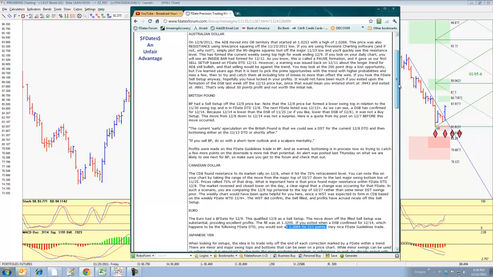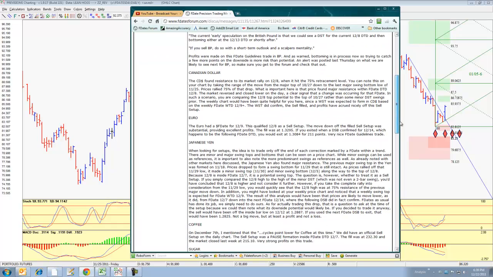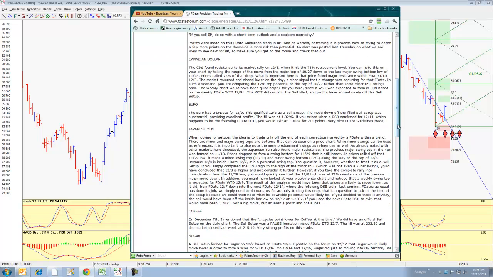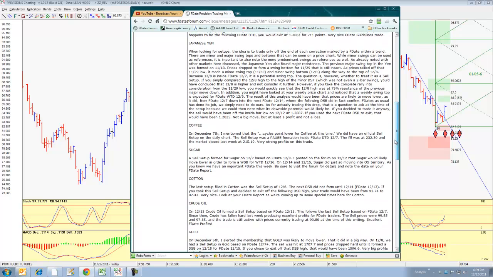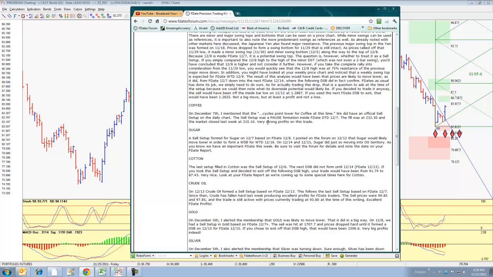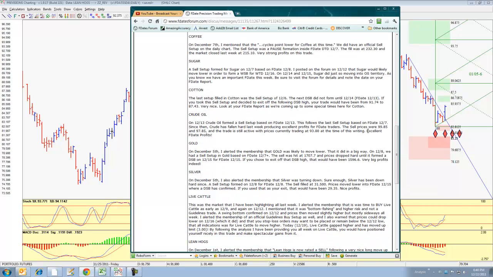211 points. Let's see, find some others here that we traded. We don't trade every market, because you can't trade every single market. Okay, this one here was just 50 points. If we had traded that, 211, I already mentioned that. And let's see, there was no trade there, and very strong profits on this one. Okay, so you can see we go through all these. Here was a very nice trade here. We went from 91.74 down to 87.43. It was a sell. Okay, we had excellent profits here.